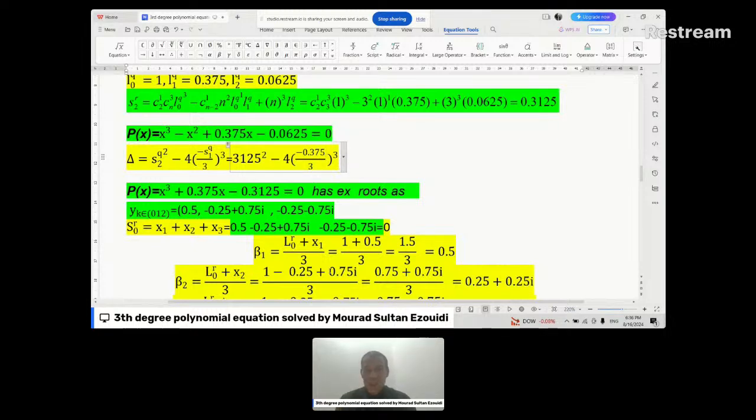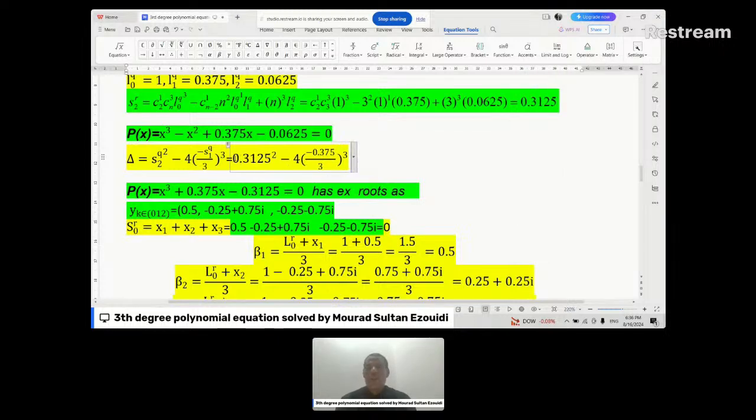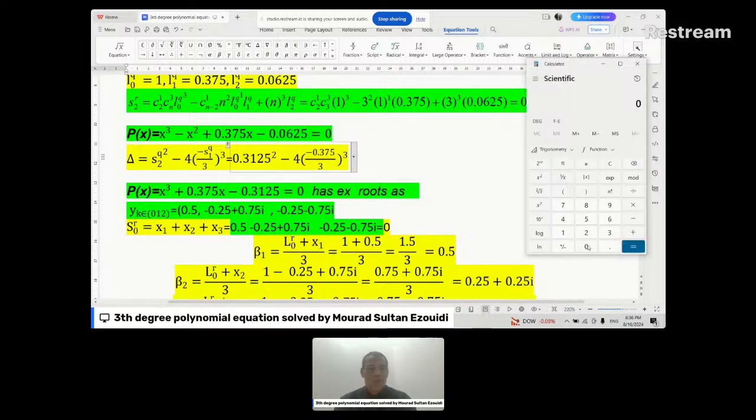Okay, so I'm going to write 0.3125 squared minus 4 times a negative number, so it will be positive 4 times 1.25 raised to the power 3, because